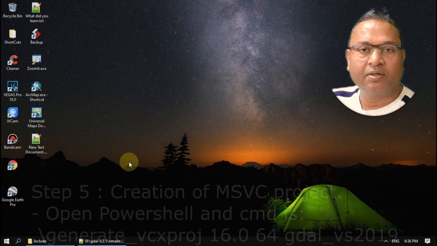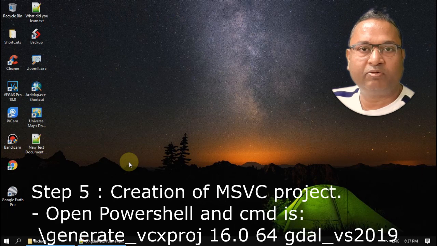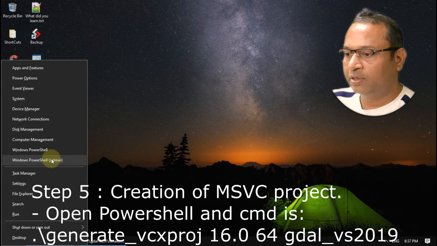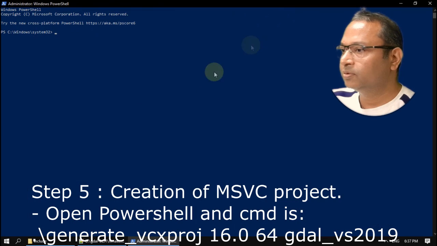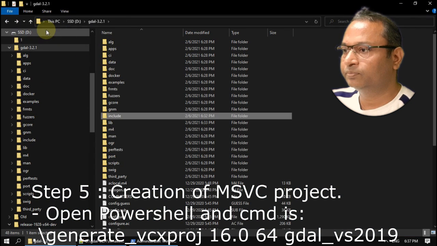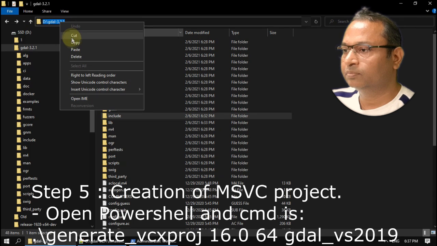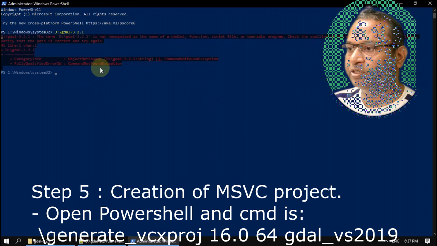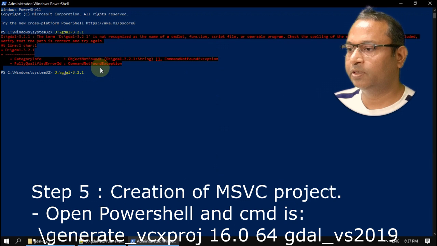In step number 5, it is required to make the VC project. For this, open Windows PowerShell and here give the path of this directory.